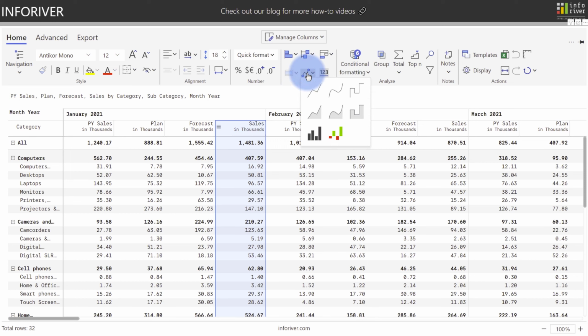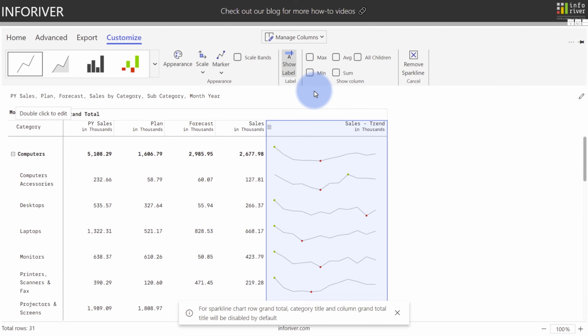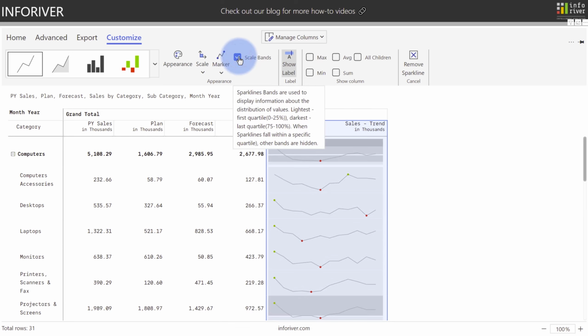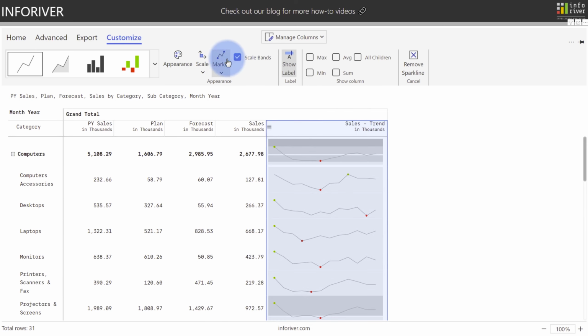I'm going to select that, and you can see that we have 8 different options for our sparklines. I'm going to do a traditional sparkline, linear here, and one really powerful feature of the sparkline for analysis is the option to turn on scale bands, which creates 4 quartile bands. And you can observe the changes here depending on the scale that you have set,